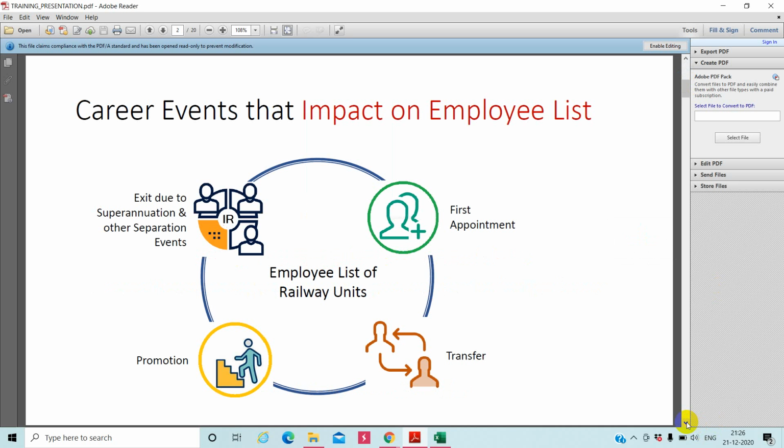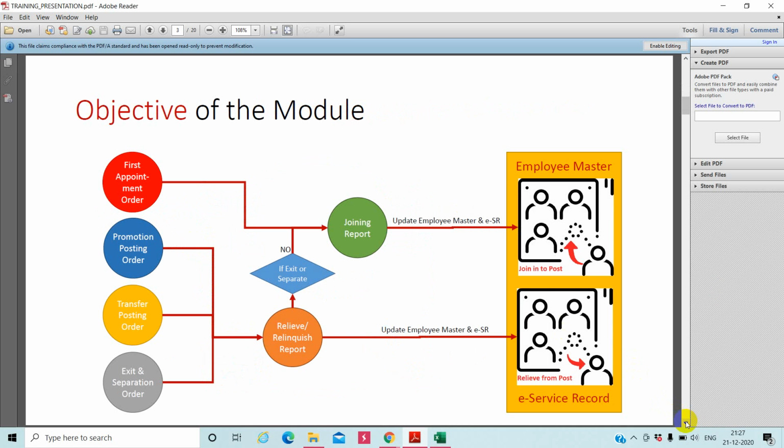These are the career events that impact the employee's list: first appointment, then transfer, then promotion, then exit due to superannuation. The objective of this module: first the appointment order, then the joining report, which will update the employee master.